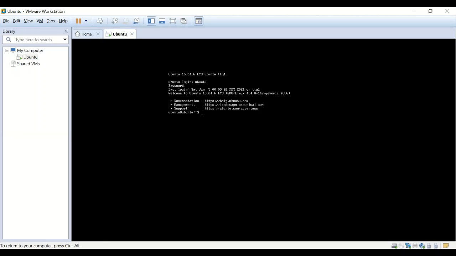As we know, Ubuntu works on the Linux operating system and it is always command based. Whenever we need to do any work, we need to work based on commands. It is not GUI based, with a graphical user interface. As we can see in Windows, with the help of the mouse we are able to click on a particular software and the work goes on. But in the Linux operating system, we need to give commands in order to perform any operation.